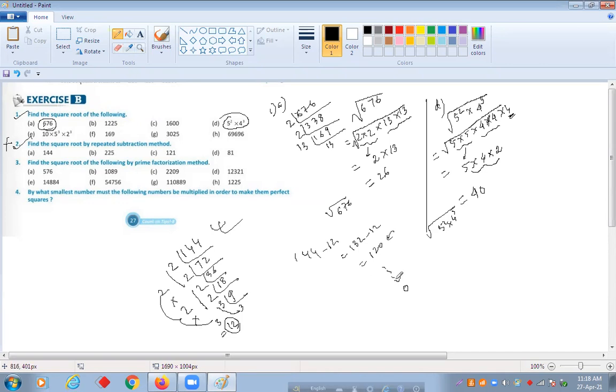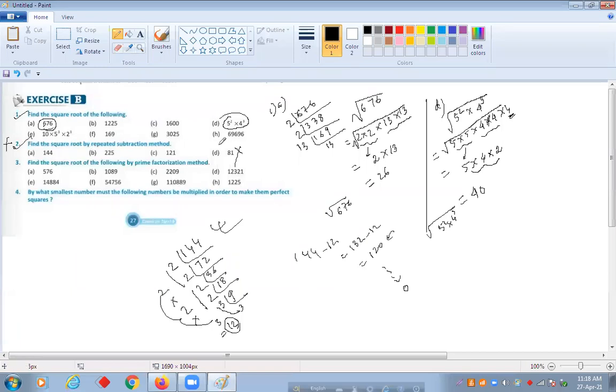So now I need to find how many times I have subtracted this. How many times have I subtracted 12? 12 times. So 12 12s are 144, like that. Got my concept? Yes, sir. Actually, this is not required, and neither is it helpful. It is only helpful to understand the concept, how we are getting this.